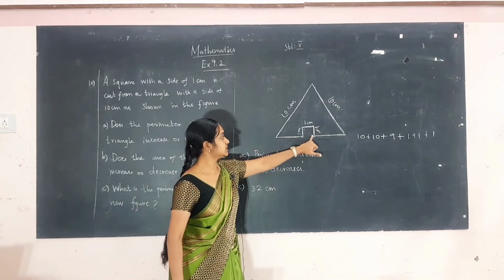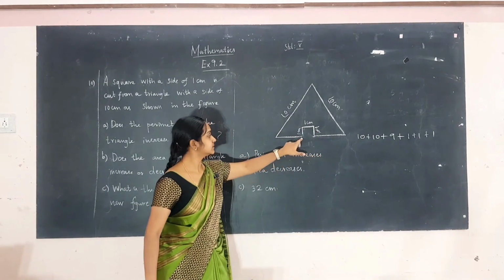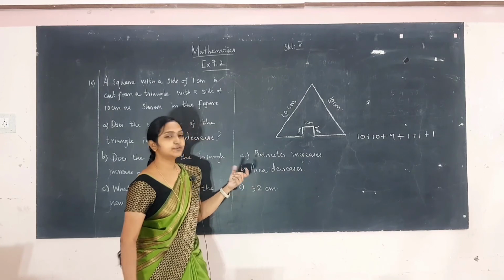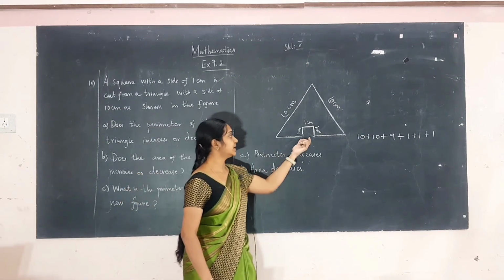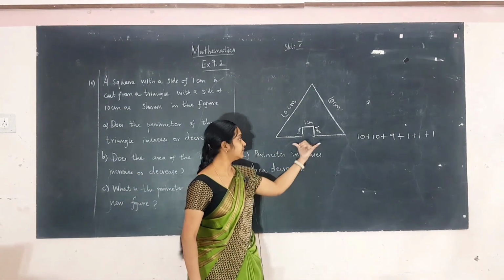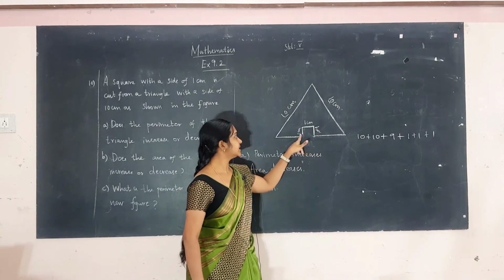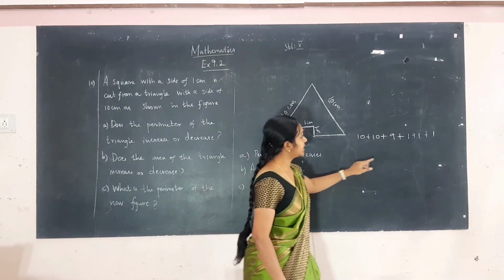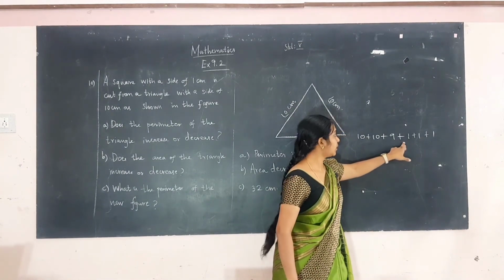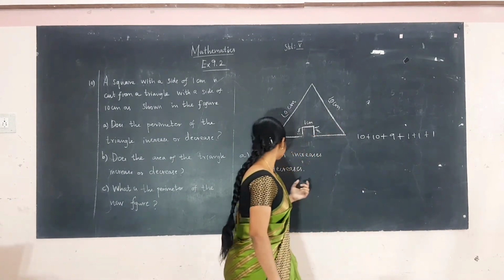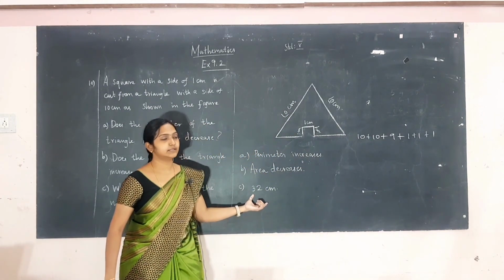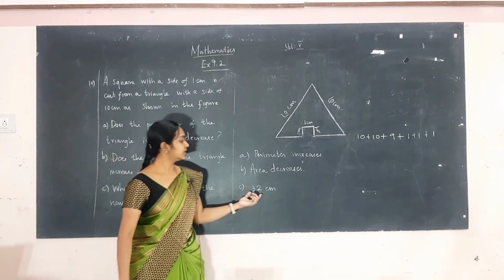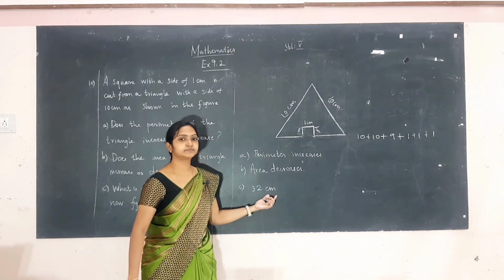Here 1 square is cut out. So, here it must be 1 centimeter before cutting. So, we have to reduce 1 centimeter. So, it is 9 centimeter for this side. 9 plus, here we are having 3 more sides extra. So, we have to add 1, 1 plus 1 plus 1. Totally it is 32 centimeter. So, the perimeter of the figure is 32 centimeter.